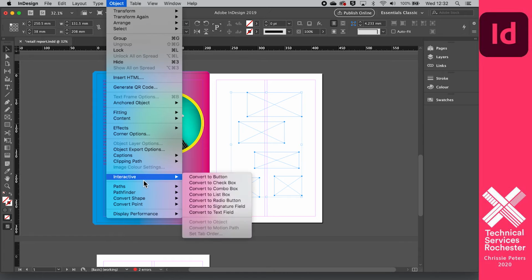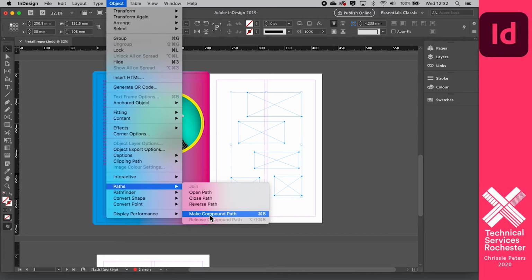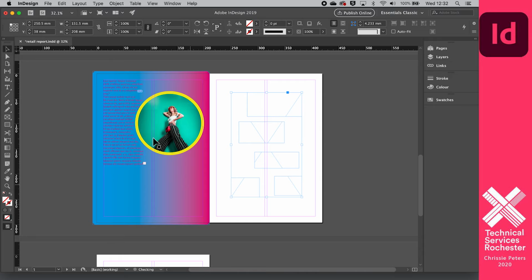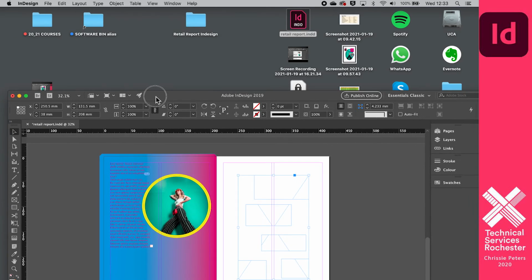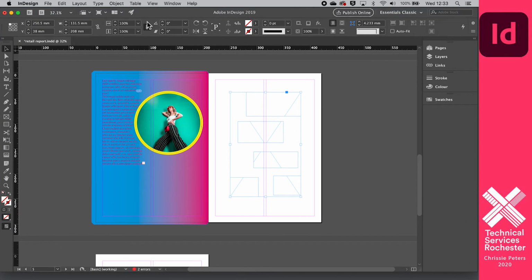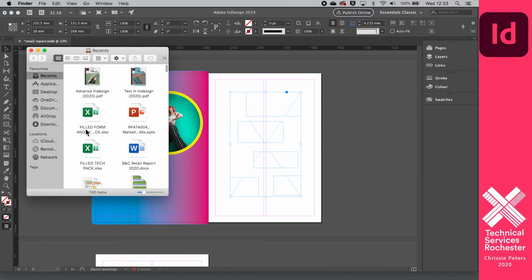Click on the Object menu and choose Paths, Make Compound Paths. And now when I drag in my image,